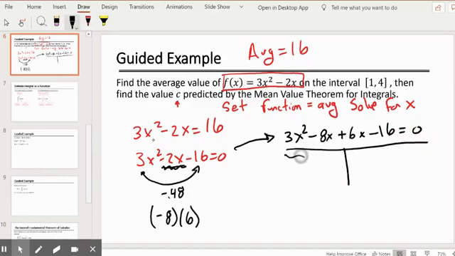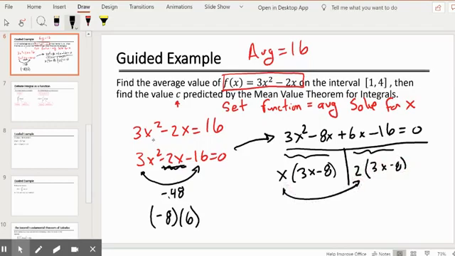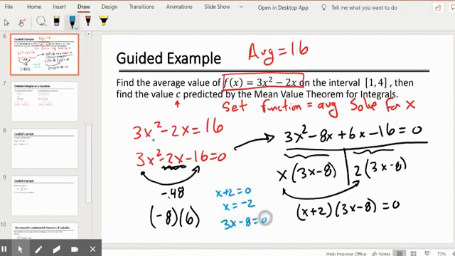And the left two terms have a GCF of x. Factor out x, and we have 3x minus 8. The right two terms have a GCF of 2. Factor out 2, and we have 3x minus 8. So this makes our factor x plus 2 times 3x minus 8 equal to 0. And if we set each factor equal to 0 and solve, we get x equals negative 2. And 3x minus 8 equal to 0 gives us x equal to